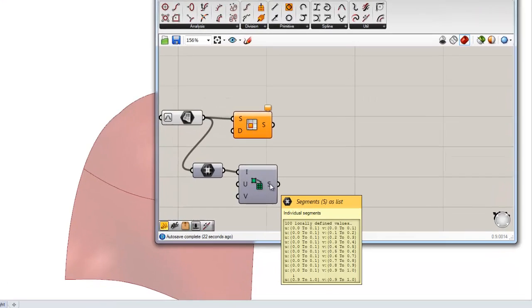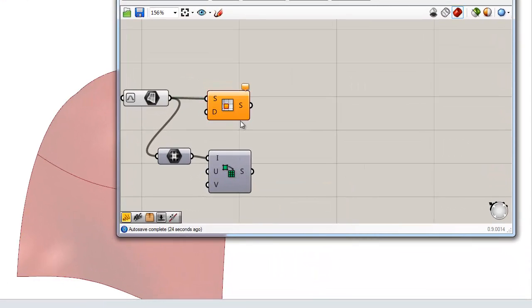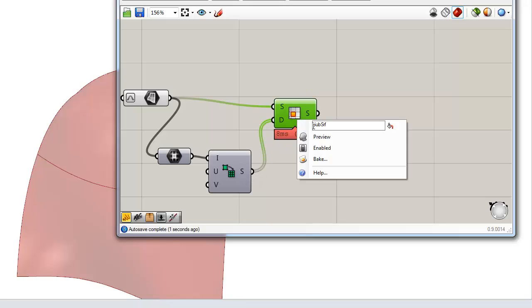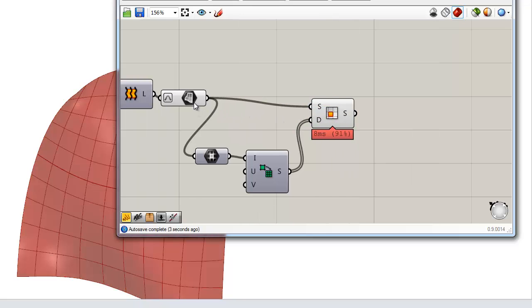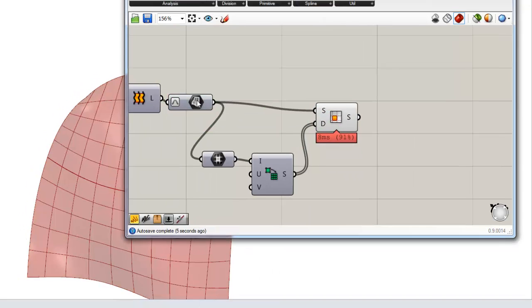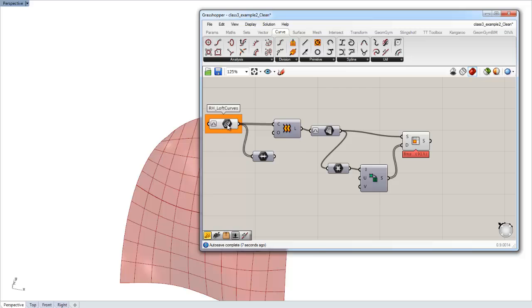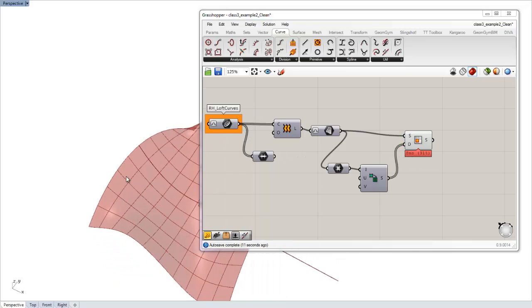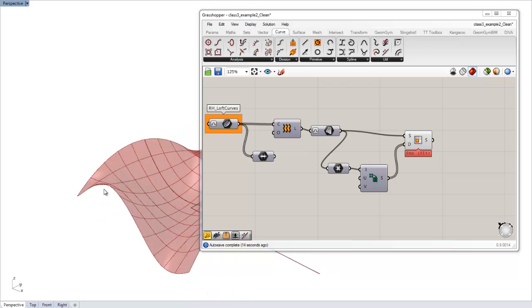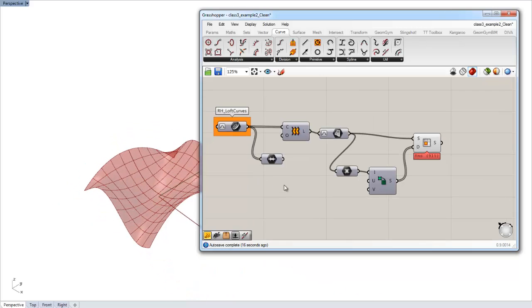So now we've created 100 domain values, and we're going to use those to subdivide the surface. And if I preview this component, you will see the subdivision edges. It's important in Grasshopper to always unpreview pretty much everything except for the component you're working on, because it gets pretty confusing otherwise. So now I'm going to set up a set of two sliders,